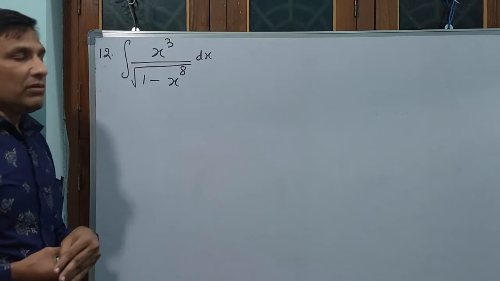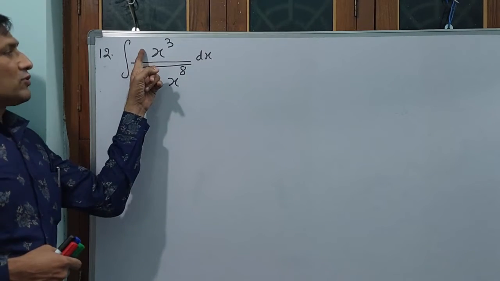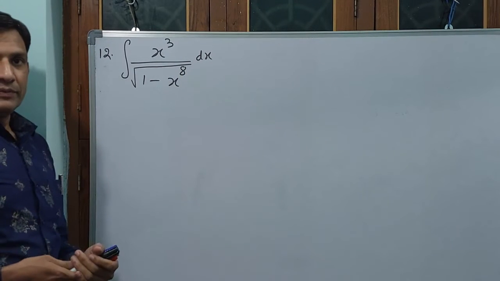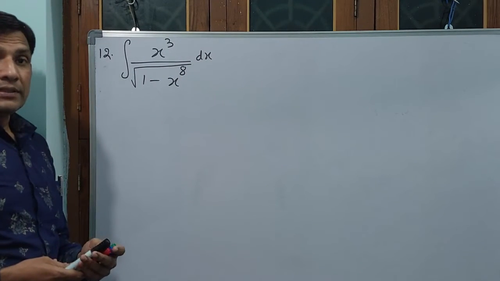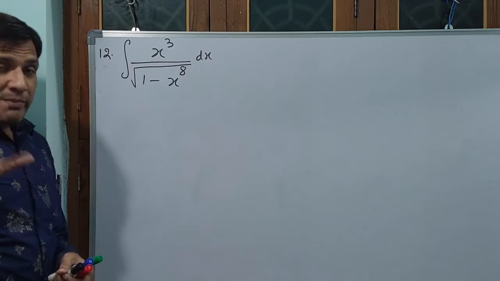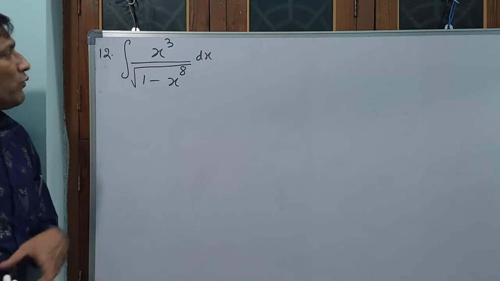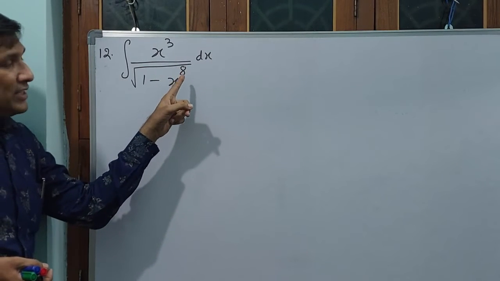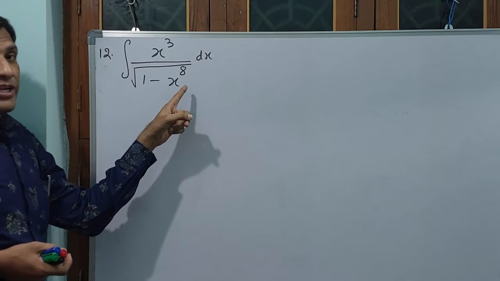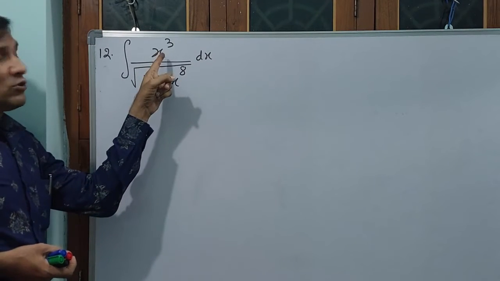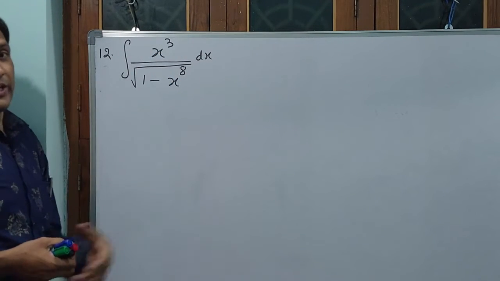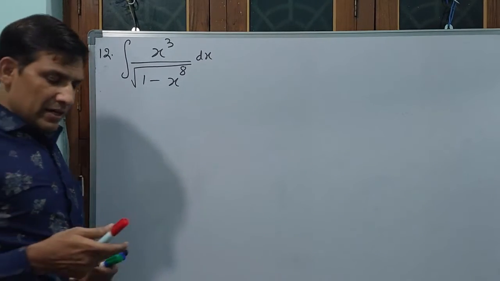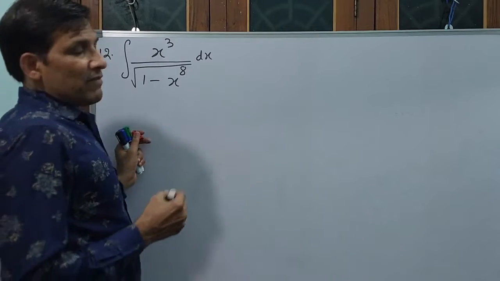See question number 12, integral x cube divided by square root of 1 minus x to the power of 8 dx. How to write this? See, little bit idea you are getting. If you take this as x to the power of 4 whole square, t square like, then x to the power of 4 differentiated, d by dx, gives dt, 4 into x cube. Here x cube is there, 1 by 4 dt also you can write. Like this you have to get the idea. This 1 you can take as 1 square, a square. See how I am converting first this.